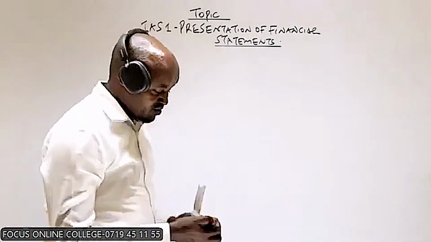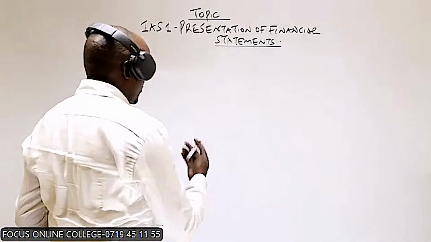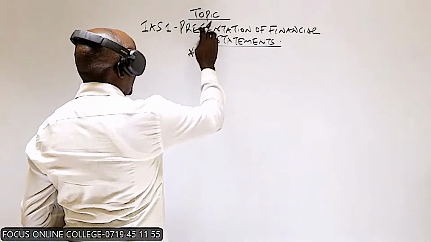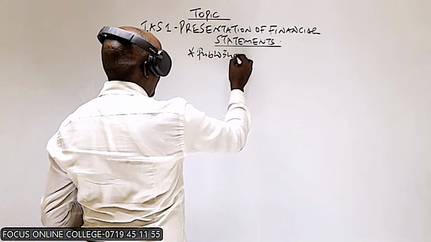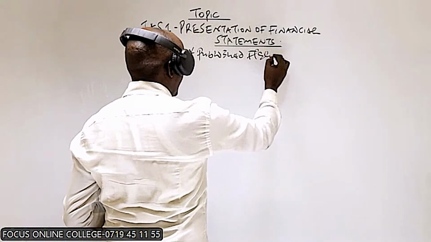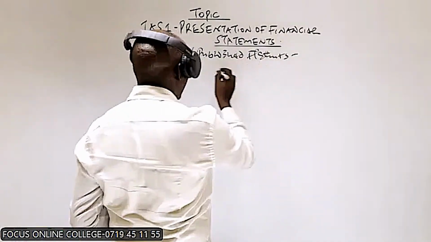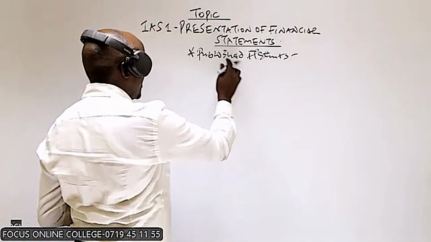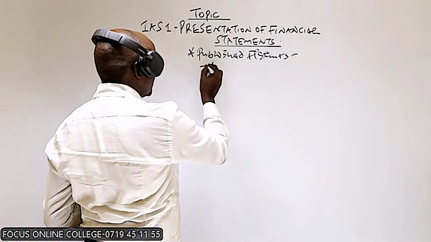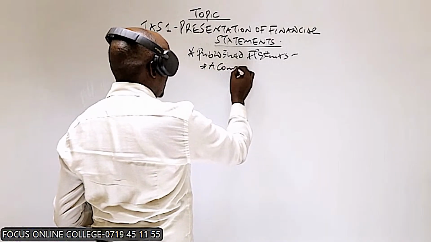Maybe first of all, we can look at what is contained, or what should be contained, in a complete set of the published financial statements. Remember, we have said published financial statements are financial statements to be prepared by listed companies for publication. Now we are saying a complete set,